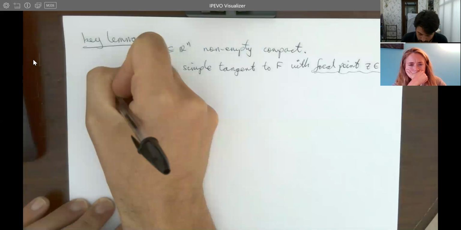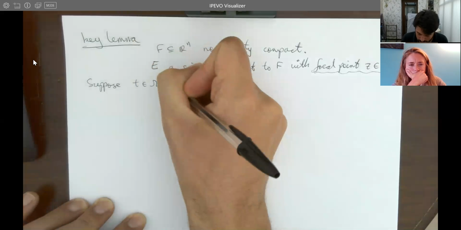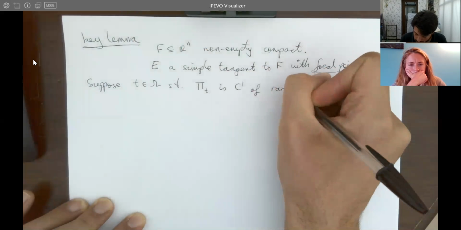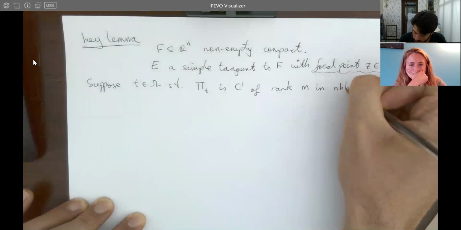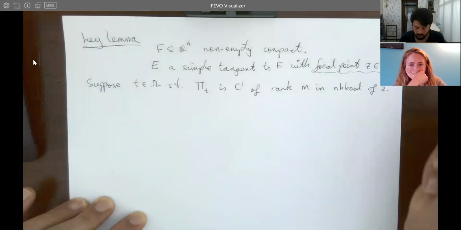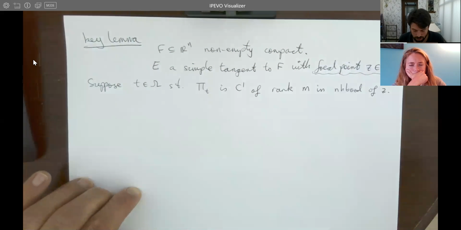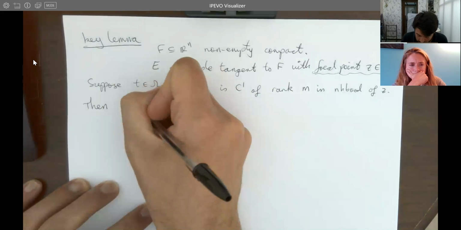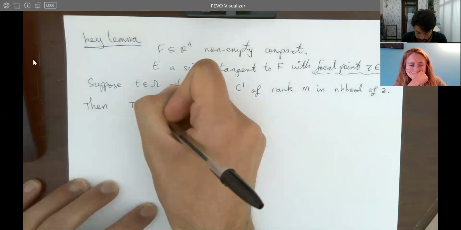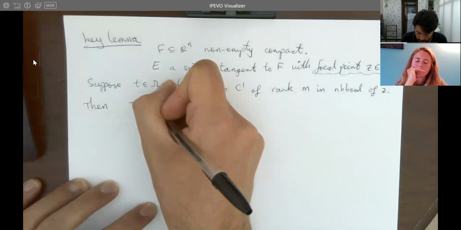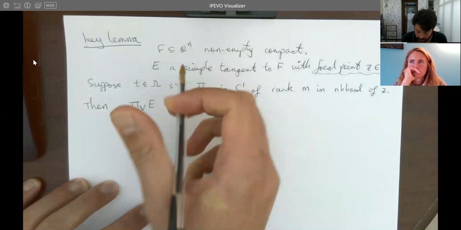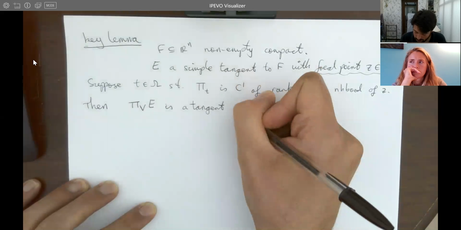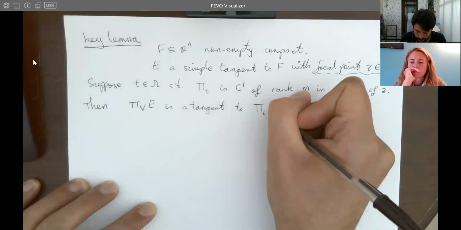So now suppose T is in omega such that capital pi T is C1 of constant rank M in a neighborhood of Z. So in particular, this is true for almost all T by the assumptions of the main theorem. Then the conclusion is the projection of the tangent. So this is now an orthogonal projection onto a subspace V, which I'm yet to specify. So the orthogonal projection of E, which is the tangent, onto V is a tangent to capital pi T of F